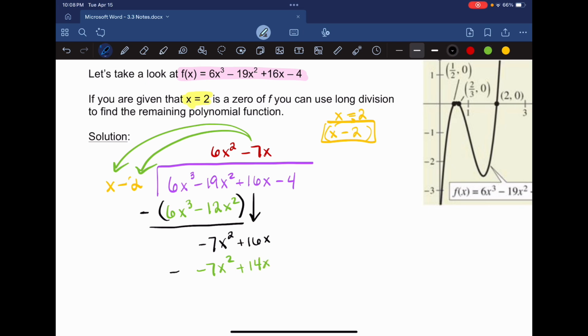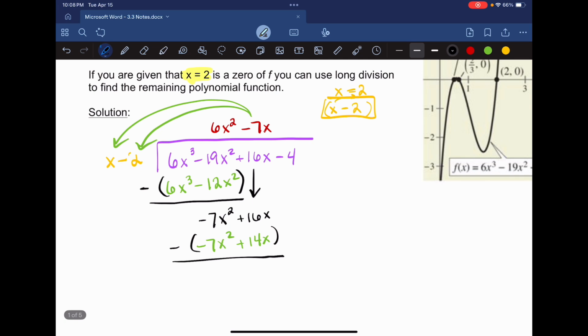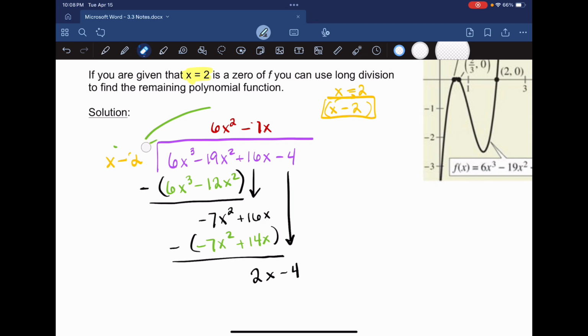I'm going to subtract my two binomials. So my negative 7 should go away. That's the goal. Then I do 16 minus a positive 14. So 16 minus 14 gives me 2x. I bring my minus 4 down. And the last time we have to repeat this process,